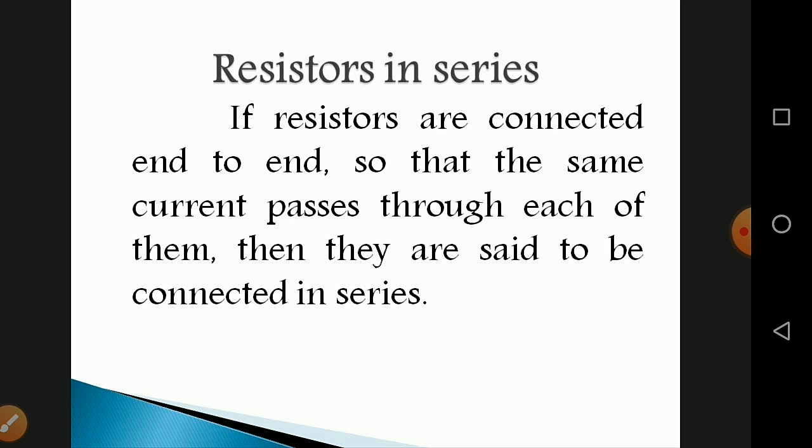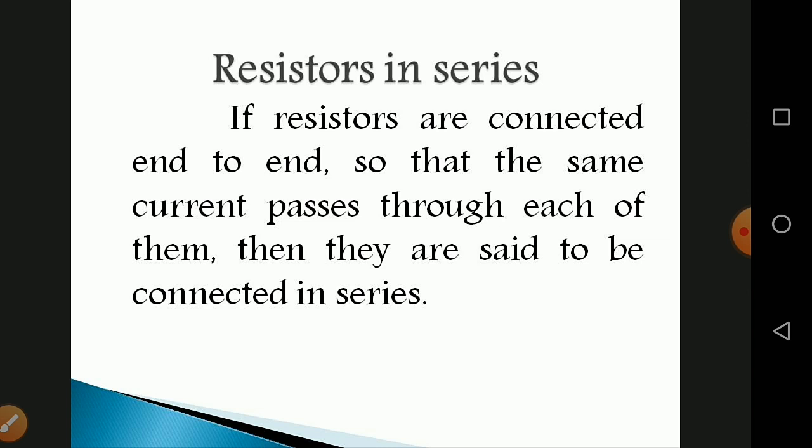So, resistors in series. A series circuit connects the components one after the other to form a single loop. A series circuit has only one loop through which current can pass. If the circuit is interrupted at any point in the loop, no current can pass through the circuit. Hence, no electric appliances connected in the circuit will work. Series circuits are commonly used in devices like a flashlight, that means a torch light.